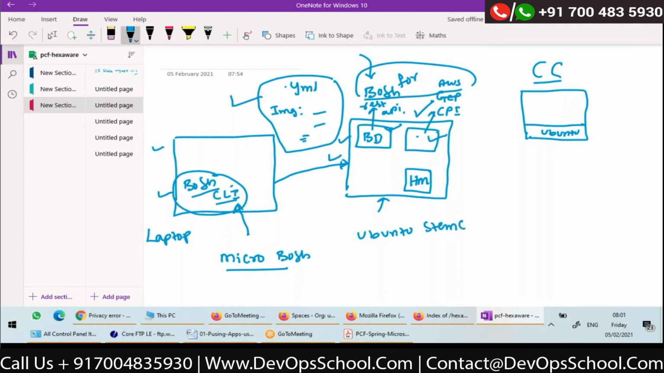Stemcell, as I told you, contains the operating system image as well as the BOSH agent. So based on my decision, I need to use a corresponding Stemcell. I need to tell BOSH, hey, use this. Okay, fine. Once a VM is created using a Ubuntu Stemcell, it will contain the Ubuntu operating system, and also